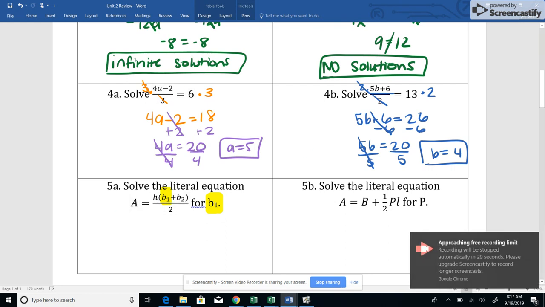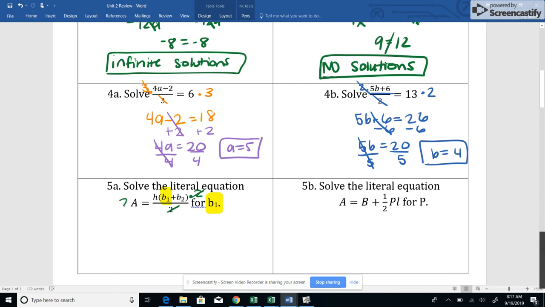So just like this last equation, I have a divide by 2. So on both sides, I'm going to multiply by 2. So 2a is equal to h times the quantity base 1 plus base 2. I see multiply by h, so I'm actually going to divide by h. So on both sides, I'm going to divide by h, starting to get down to base 1 being by itself. Now, all that's left to do is that